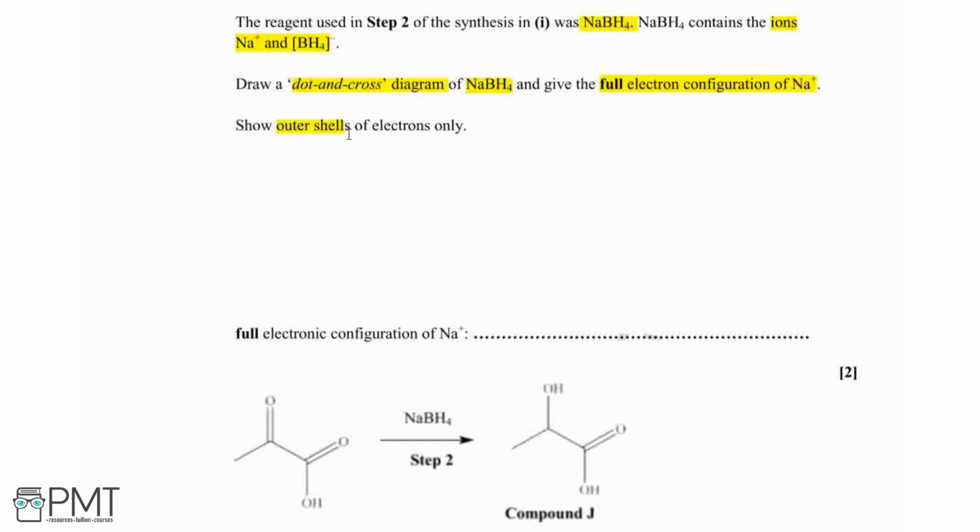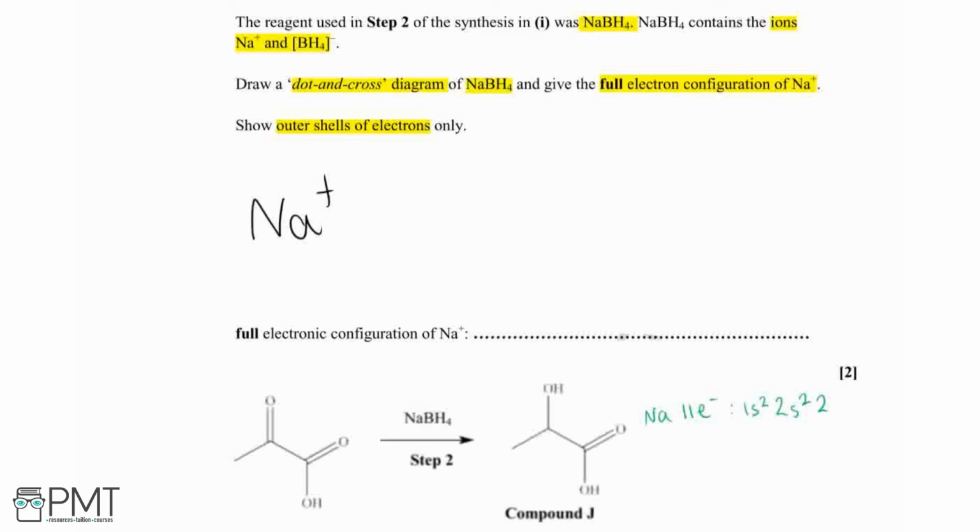And we only need to show the outer shells of electrons for this question. So let's start by thinking about the full electronic configuration of our sodium 1+ ion. If you look in your periodic table, you can see that sodium has 11 electrons as a neutral atom. Therefore, the electronic configuration of the neutral atom will be 1s2,